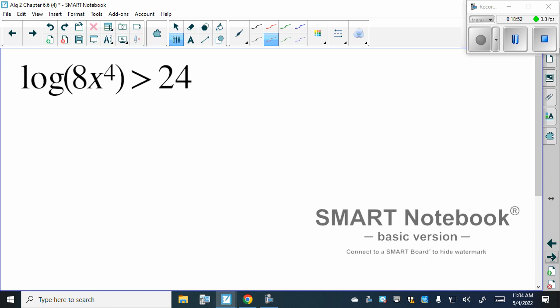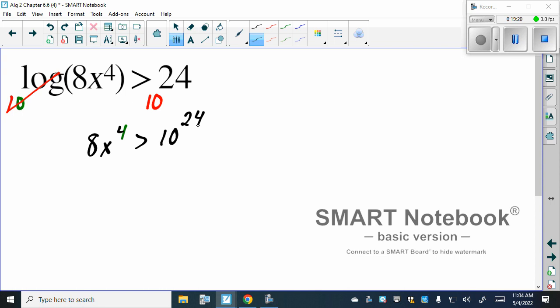Now there's different ways that we can do this one here. So we do have one log on one side and a number on the other, yes? So what's the first thing we could do? Use our base, which is, we can put both sides to the 10th power. Because these will cancel out, telling us 8x to the 4th is greater than 10